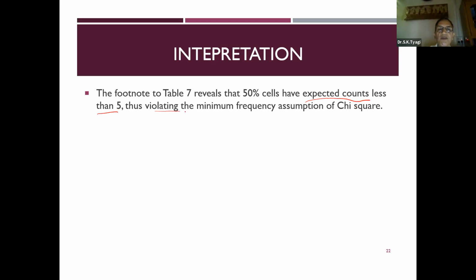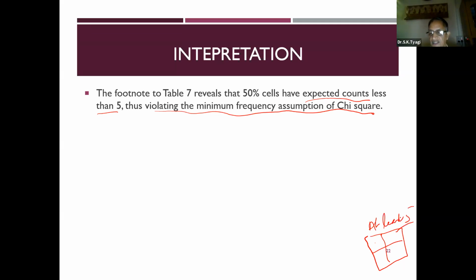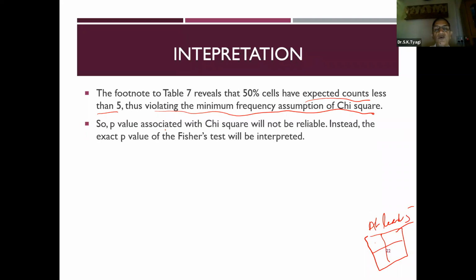Therefore, it violates the minimum frequency assumption of chi-square. One of the assumptions of chi-square is that if there is a 2x2 table, each expected frequency should be at least 5. So we are violating this. In this case, we can use the Fisher exact test. So the p-value of the chi-square test will not be reliable. Instead, the exact p-value of the Fisher test will be interpreted.